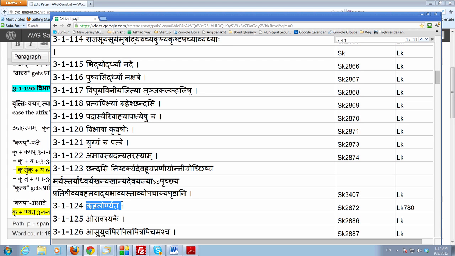So we cannot apply these optionally. A verbal root can take either yat or kyap or nyat. But of course the verbal root can also take tavyat and aniyar. That is because they don't have the same form as ya. So